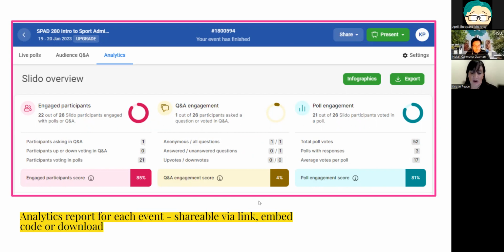This analytics report is also shareable via a link, an embed code, or you can actually download it and send it. I don't always share this with professors because sometimes I'm not sure that it would be helpful for them to be able to see the answers. But in some cases I do. For example, I